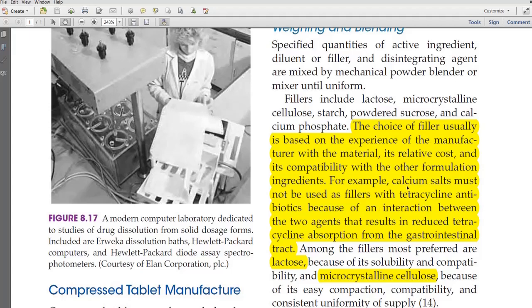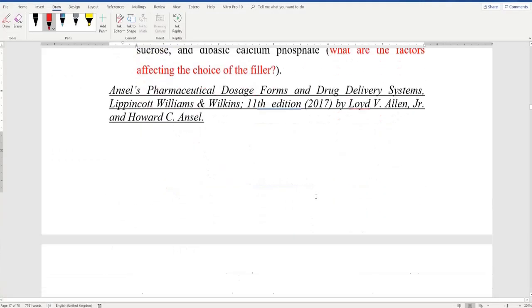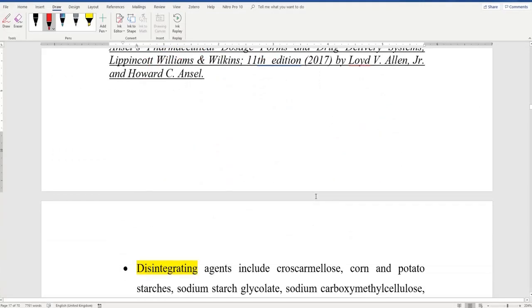Because calcium in the diluent will interact with the tetracycline, and this will retard or reduce the tetracycline absorption in the GIT. Okay? So you need to answer the question here and submit it by email